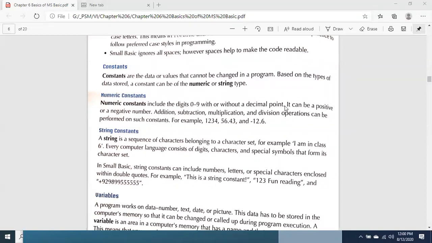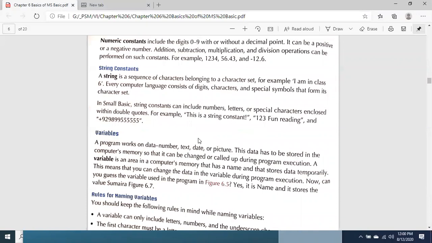For example, your percentage is a number, but it is in fraction. For example, you got 83.7. So your percentage is 83.7. Let's suppose it is in fraction. But when I am asking you your age, you are saying 13 or 12 or 11. So it is in number, but it is not in fraction. It is a whole number. It can be positive or negative, just like positive integers and negative integers. Addition, subtraction, multiplication, division, these all operations are performed on numbers, not on the string variables.